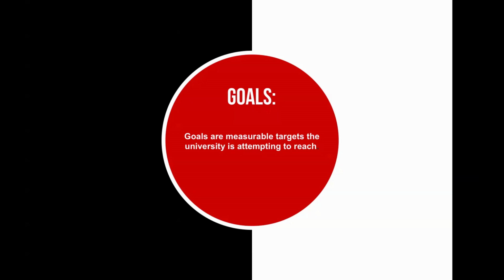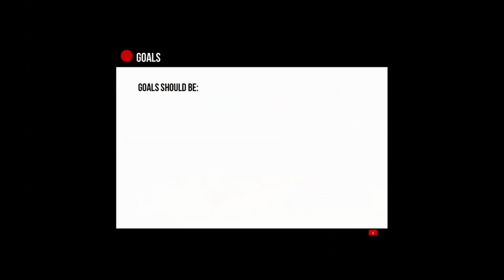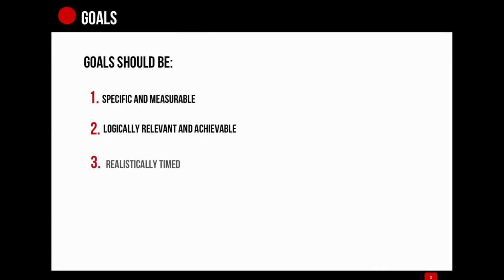So the basic definition of a goal is that it needs to be a measurable target, and that it should be something that's achievable but somewhat ambitious as you move forward with the decision-making process. The tools that we have online will help you with this decision-making process as you establish these goals. Goals should be specific and measurable while being logically relevant and achievable. And what that really means is that we want to have a challenging set of goals, but we need to